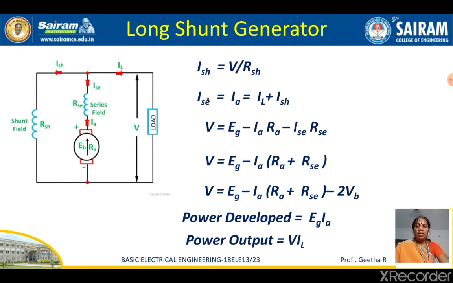So the generators can generally be classified as separately excited and self excited. We have seen in separately excited what the relationship is between the terminal voltage and induced EMF. Similarly, under self excited you have the series, shunt and compound wound. Under compound wound you have the short shunt and long shunt. For all of these you have seen the relationship between the terminal voltage and induced EMF. So that's all about the types of DC generator, and also the relationship between the terminal voltage and the induced EMF.